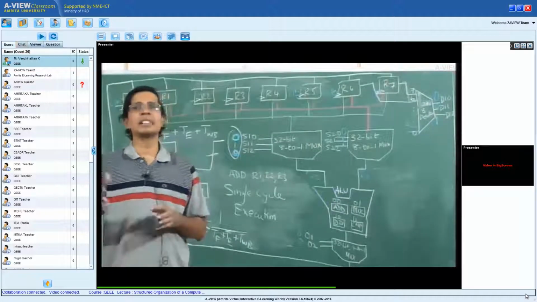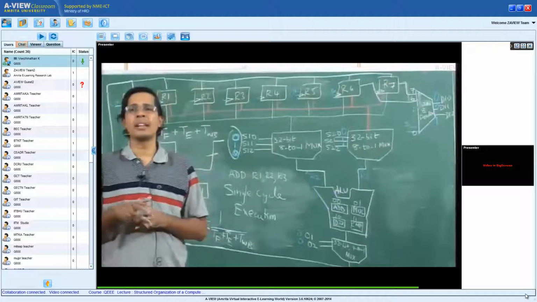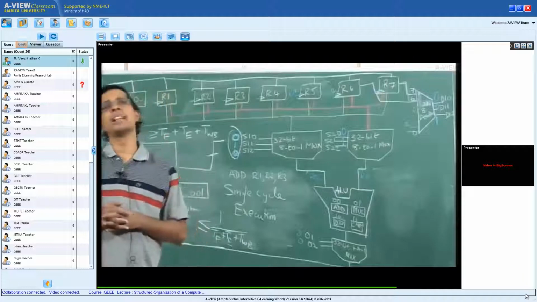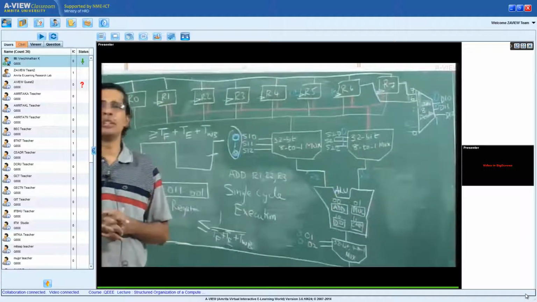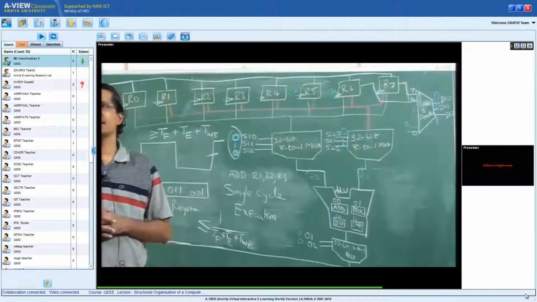In the next class I will be introducing you to pipelining, an architecture where the remaining 4 stages will be used while the other stage is doing some constructive operation. So with this I wind up today's class.